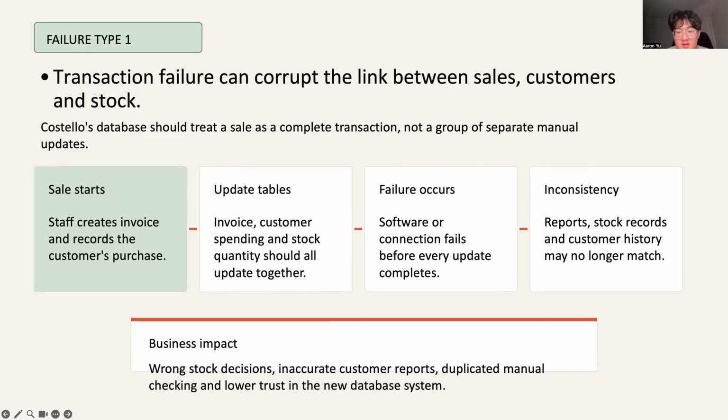In Costello's database, a sale should be treated as a complete transaction, not a group of separate updates. For example, when a customer makes a purchase, the database may need to create an invoice, record invoice line details, update customer purchase history, and reduce stock quantity. If the software or connection fails before all updates are completed, the database may become inconsistent. One table may show that a sale occurred, but another table may not show the correct stock movements. This can lead to inaccurate reports, wrong stock decisions, duplicated manual checking, and a lower trust in the new database